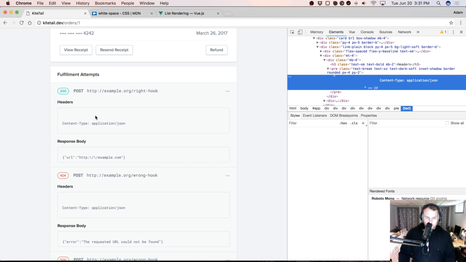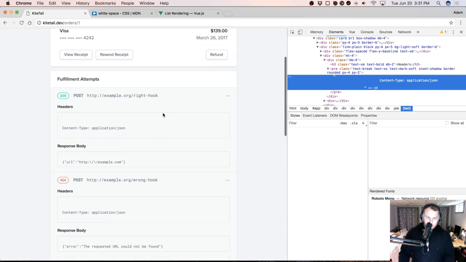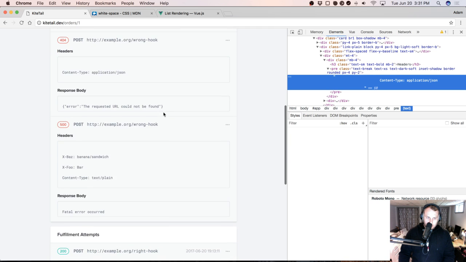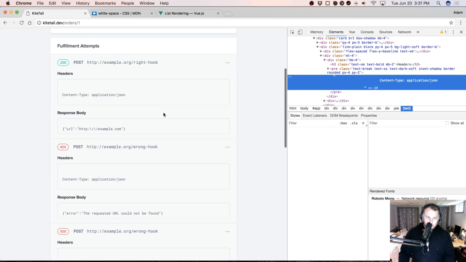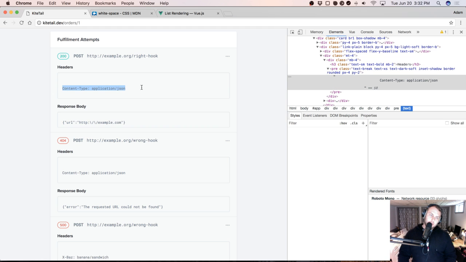We have this problem now with the whitespace thing because of how Vue is treating the template tags, I guess. But everything else seems to be kind of magically working, which is pretty rad. So let's think. I feel like the idiomatic way to solve this problem would be to